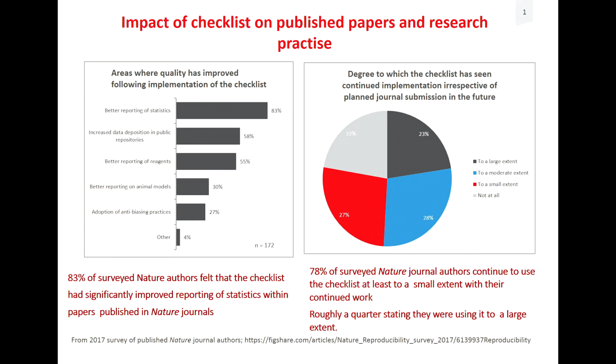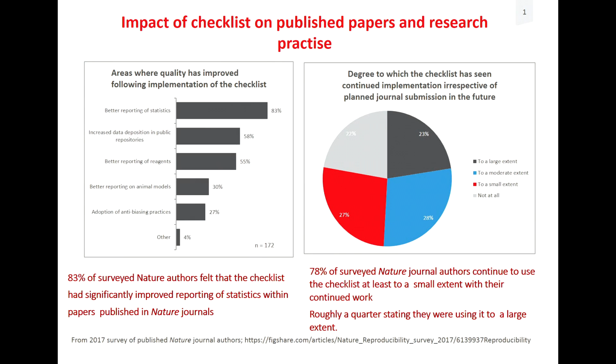And then when we introduced the checklist in 2013, the goal was really to increase the standards of reporting in the published paper. There was a second, more aspirational goal, hoping that exposure to a checklist would raise awareness amongst our authors, amongst our reviewers, amongst the community, and organically help raise the standards of research practice. But that wasn't the primary goal. The primary goal was, can we raise the bar on reporting in the published paper?